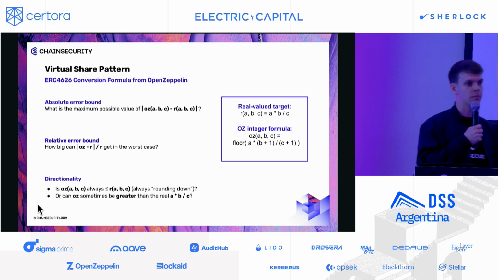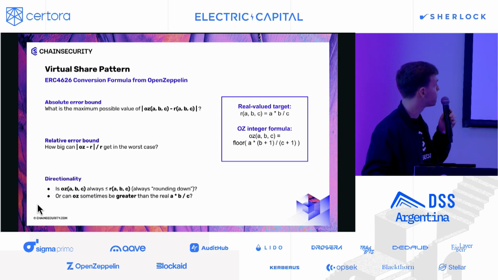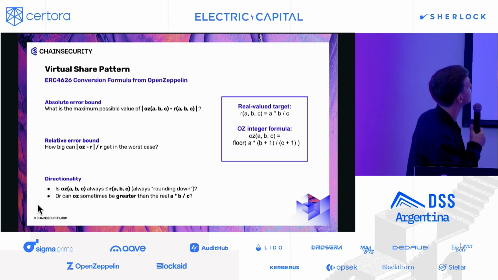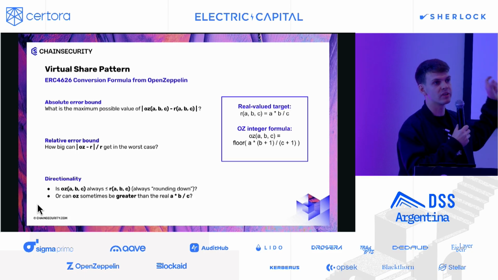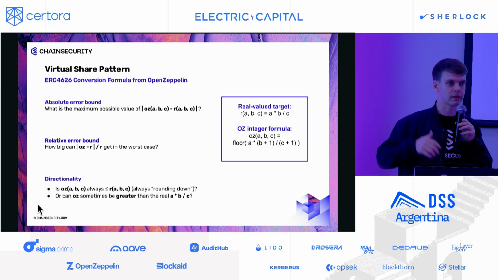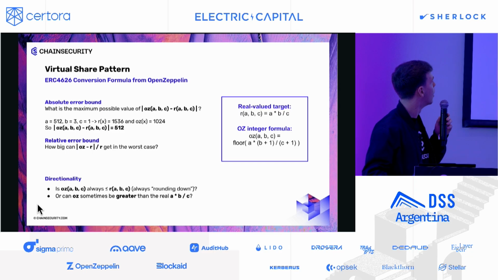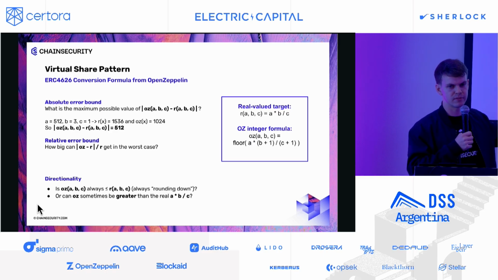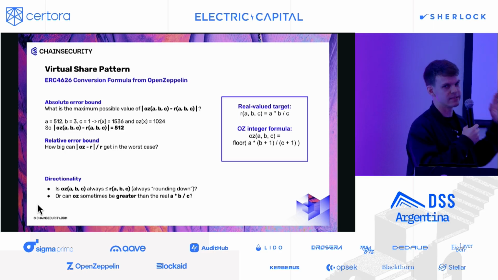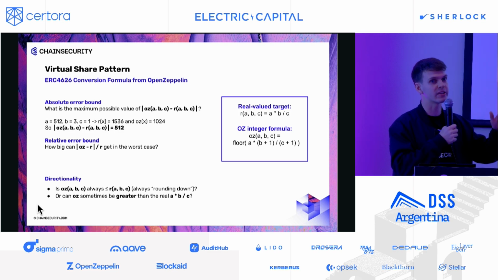And it's actually quite important to understand this kind of formula and how far can we be off from what we expect. And so the first question I want to ask is, what is the maximum possible value of the difference, so the absolute error compared to those two formulas? And of course, it's going to be quite big in absolute. Like if you have 256 bits of integer, the difference can be quite big. So I'm going to present a small difference. This is actually the biggest that you can get with A, B, and C being smaller than 1,000.